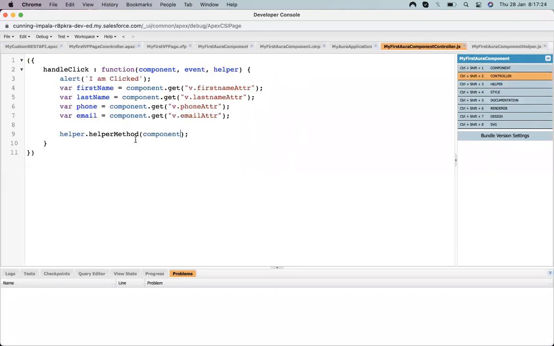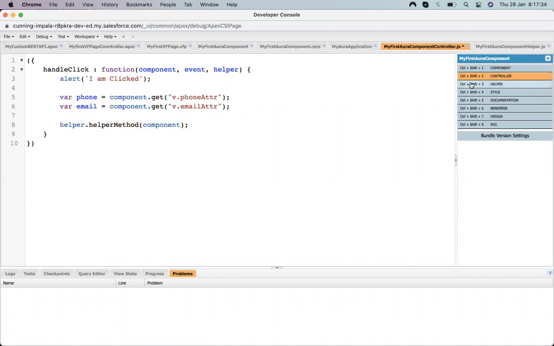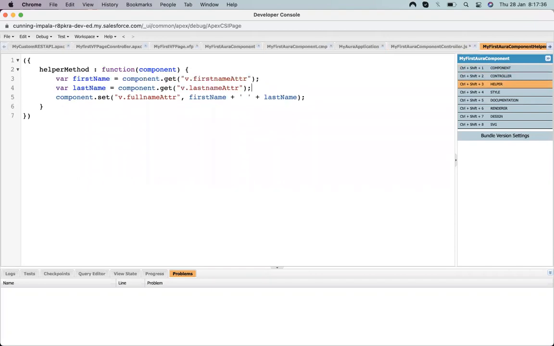Just like that, what I have done is I put these two from here and put them in my helper.